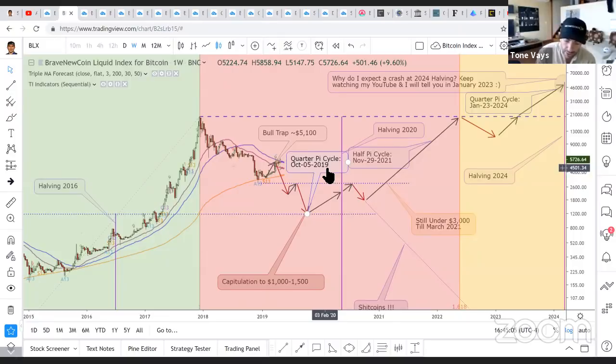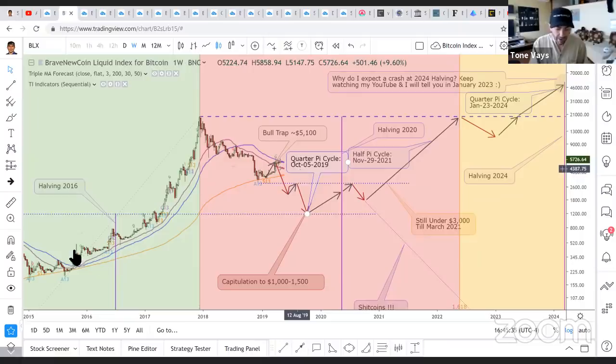Now, you can always say, hey, Tone, Bitcoin has an event every freaking day. So no matter what random date you select for your pi cycle, it doesn't matter. You will always make up an event that happened that day somewhere in the world that you're going to say is so critical to the future of Bitcoin. Maybe. We'll see, right? I'm going to try to not be hypocritical. But